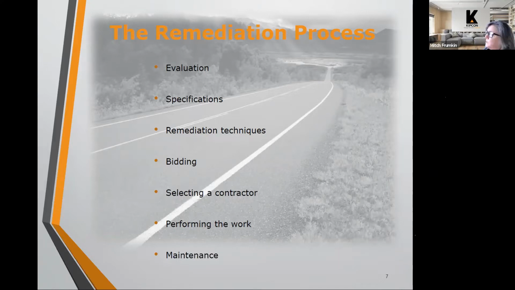The next step would be to gather that information from the evaluation and prepare specifications. Specifications include contract drawings, which are the graphical representation of what needs to be done, and a project manual, which lays out the general terms and the specific terms for the contractor for the project. The project manual also contains the bid form, which we'll talk about a little bit more. The bid form keeps the contractor quotes